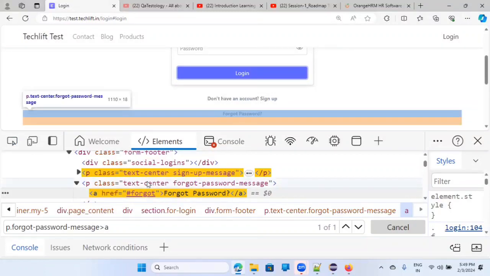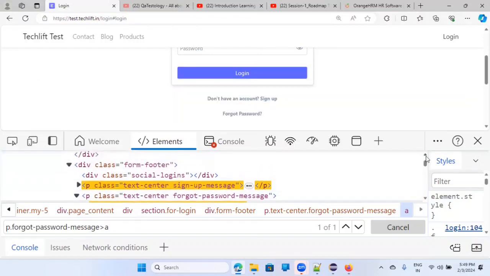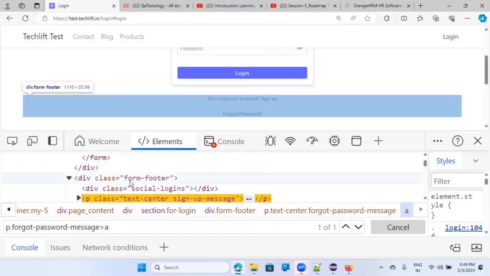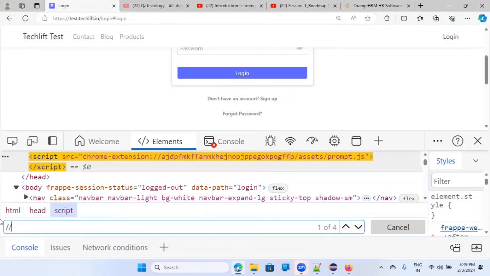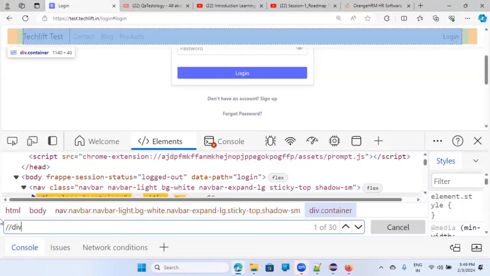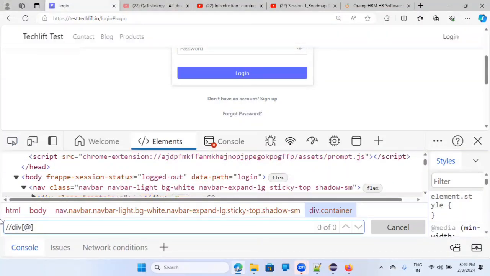If you see here, there is a parent, this paragraph. There is one more parent. If I go here, form footer. So I can start from this part. I can say, hey, slash slash, so I'm starting anywhere in the page. Find a div where